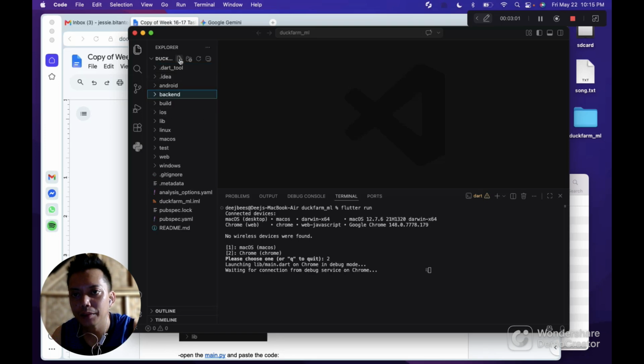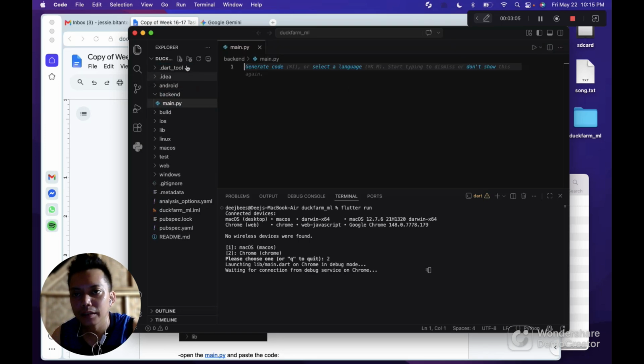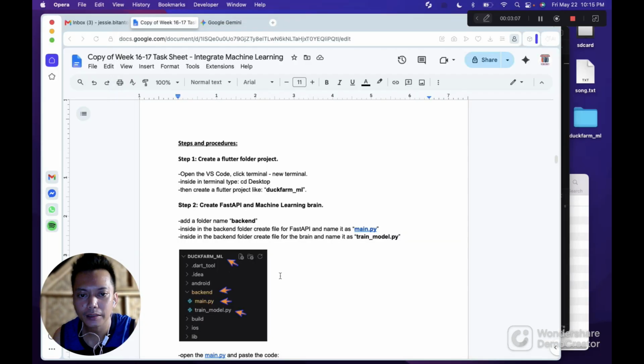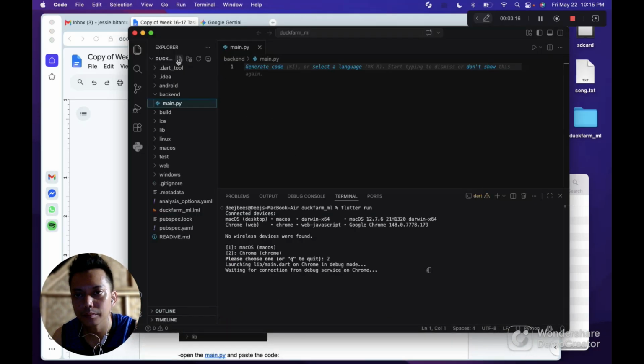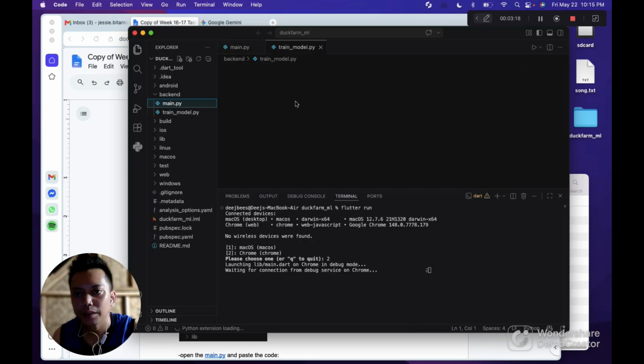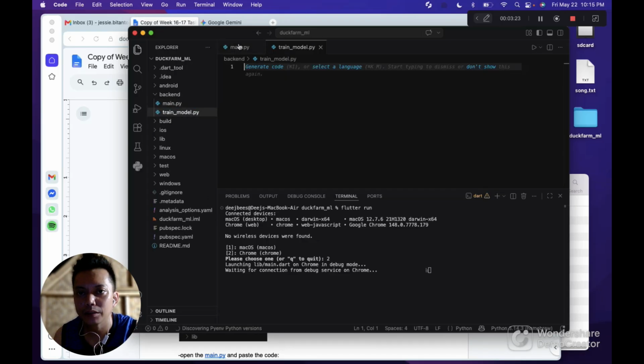Then inside the backend, we're going to create main.py. Then another one. Then we will name it like this, train_model.py. Okay, so we have now two Python files.